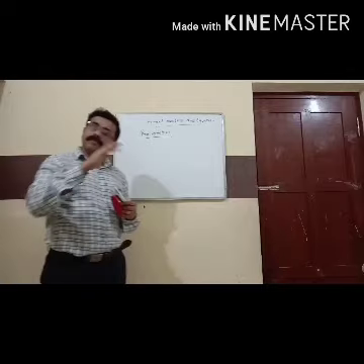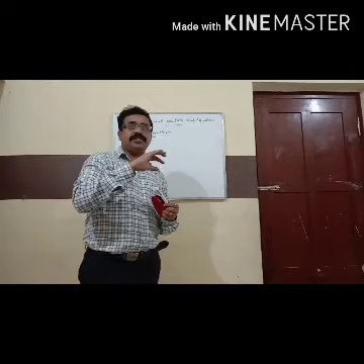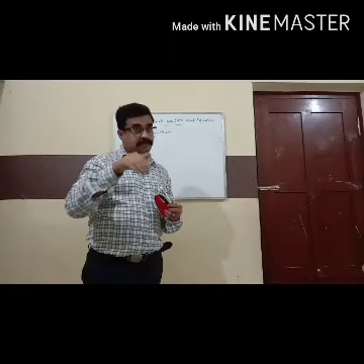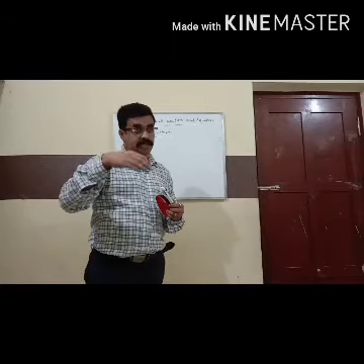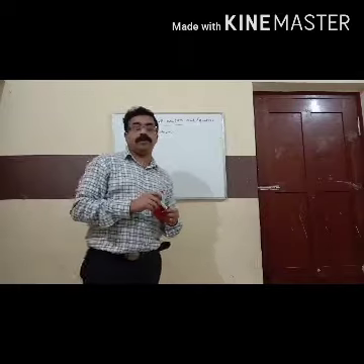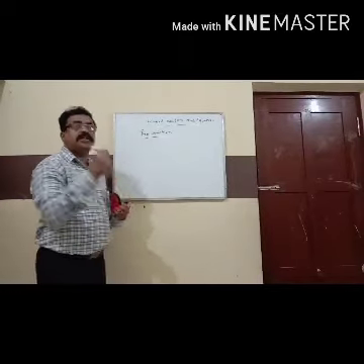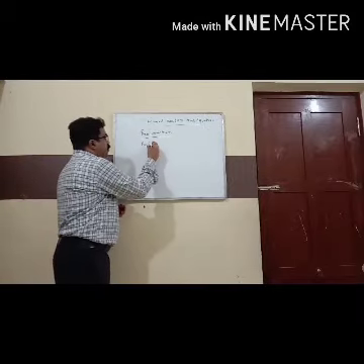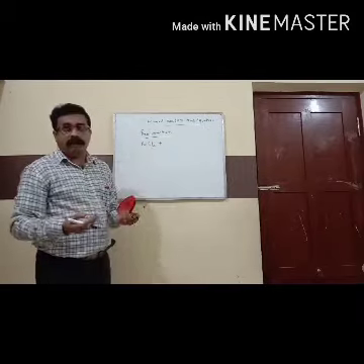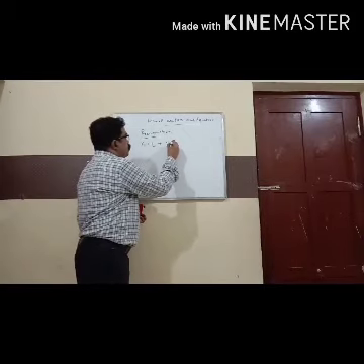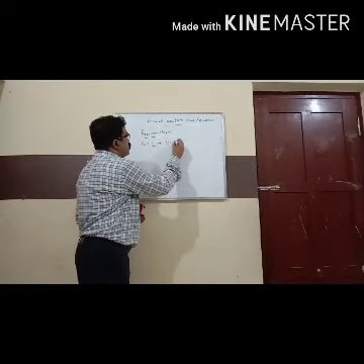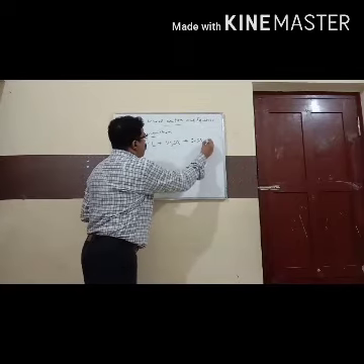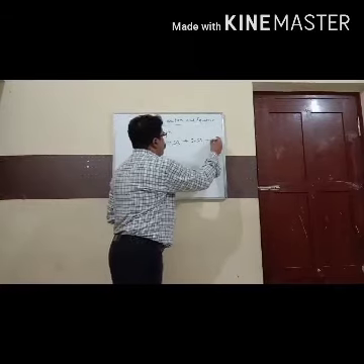Precipitation reaction is a double displacement reaction in which one of the products formed will be insoluble and it will precipitate. It will form a sediment and it will settle down in the test tube. Okay, this type of reaction is known as precipitation reaction. You will see the example. Barium chloride, BaCl2, combines with sodium sulfate to form barium sulfate plus sodium chloride.